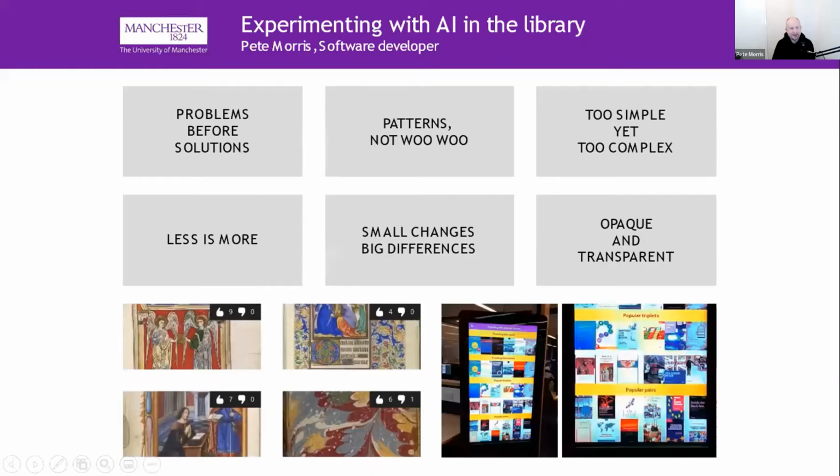Brilliant. Okay, so yeah, as said, my name is Pete Morris. I'm one of the software developers in the University of Manchester Library. I'm talking today about some of our experiences that we've had putting together AI and using AI in the library